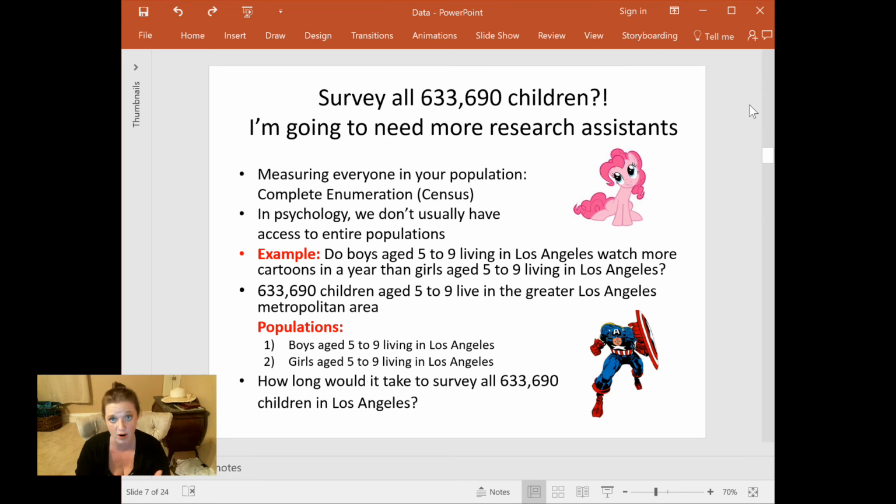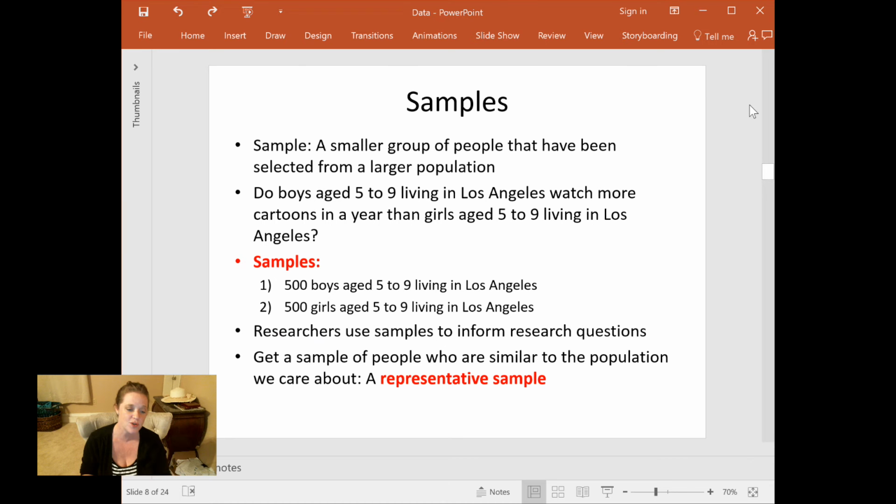Even though we are, for sure, trying to make a decision about whole populations, we're not going to be able to usually get information or data about the variables for entire populations. Just can't do it. So what do we do instead? Well, what we do instead is gather what is called a sample.